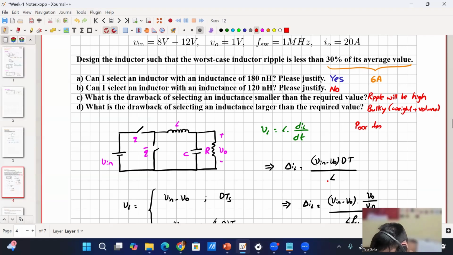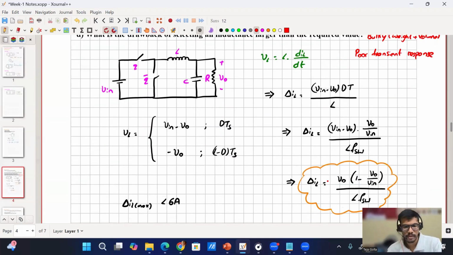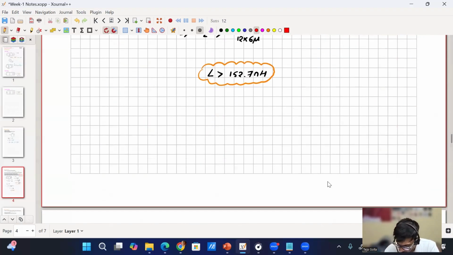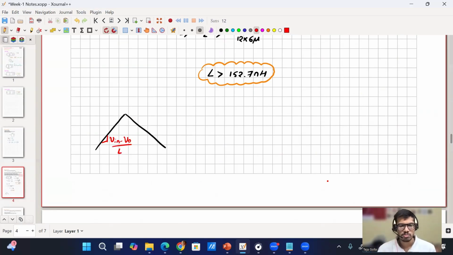Poor transient response. I'll come to this. Why poor? Because our inductor current slope in a buck converter is (Vin minus V0) by L. So it is inversely proportional to L. The smaller the value, the higher the slope. The higher the value, the smaller the slope. Say if I have a load transient,